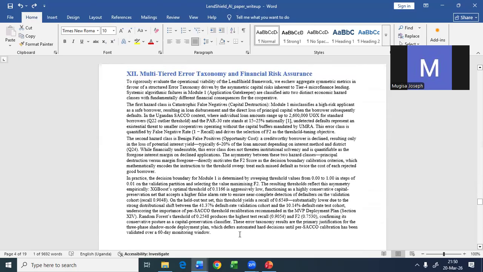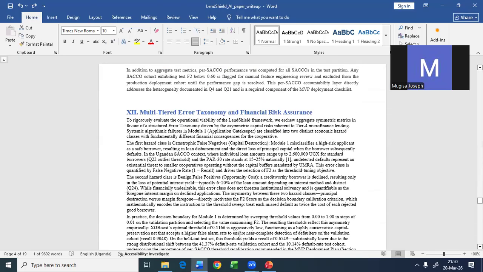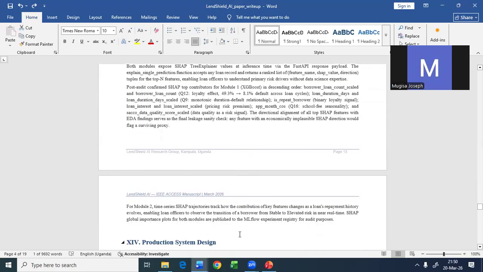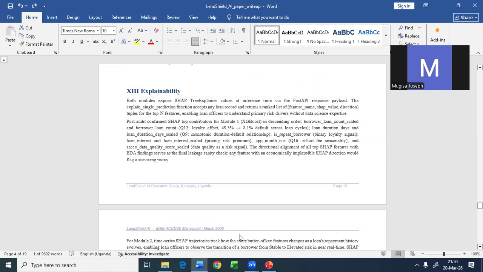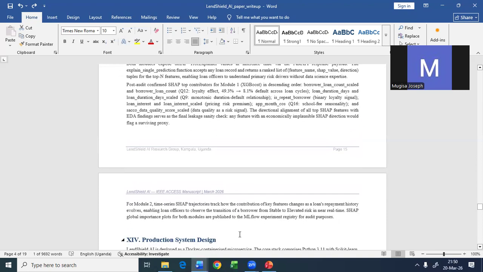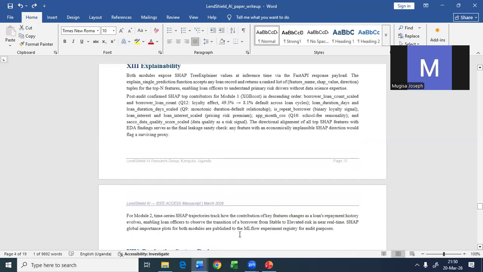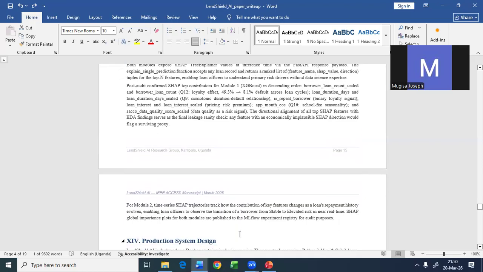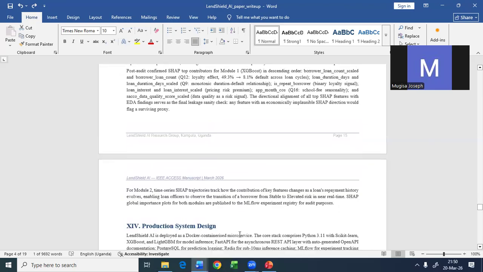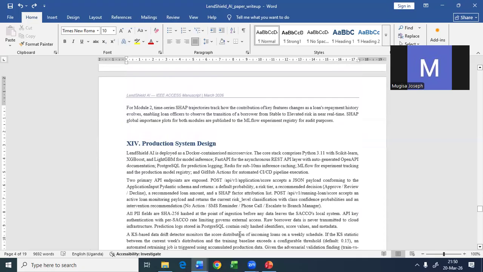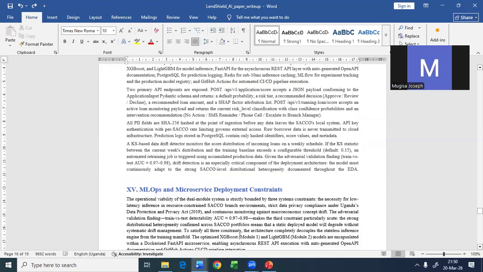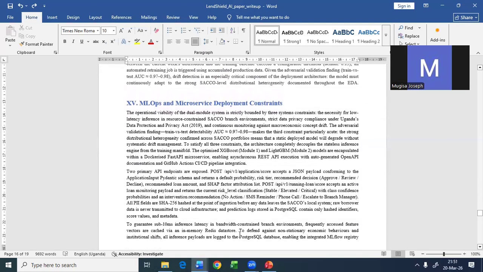We also discuss the multi-tiered error taxonomy and the explainability concepts, whereby we don't just give a yes or no, but rather we enhance our model using SHAP. SHAP uses the principles of game theory, whereby the features are the players and the final score's rewards are their contributions to the decision. We use that to explain the decision to the loan officers, so it's not just a black box for them.